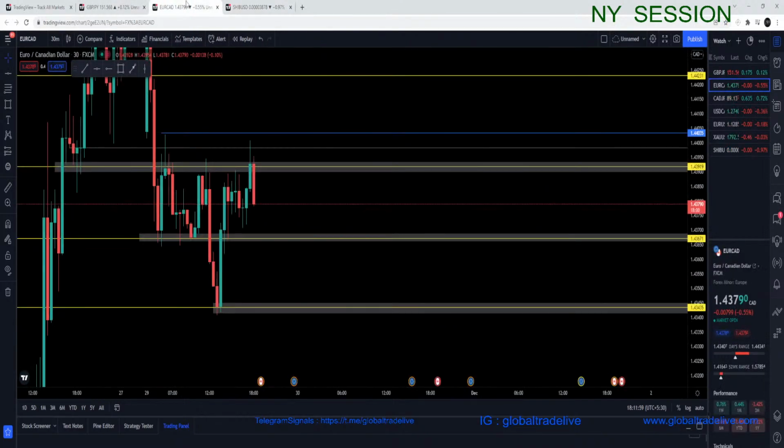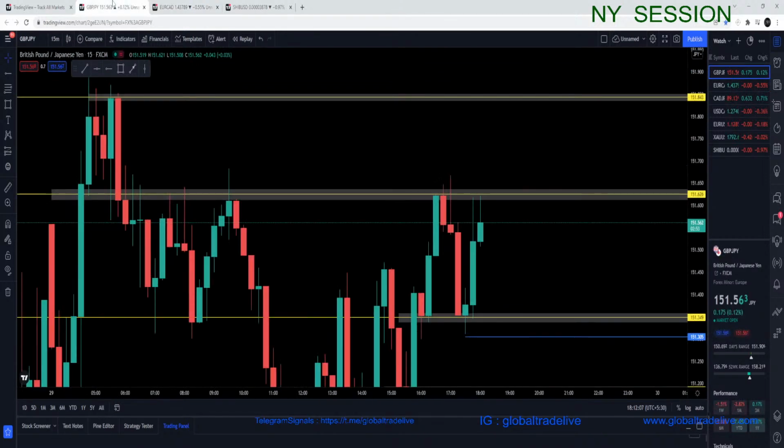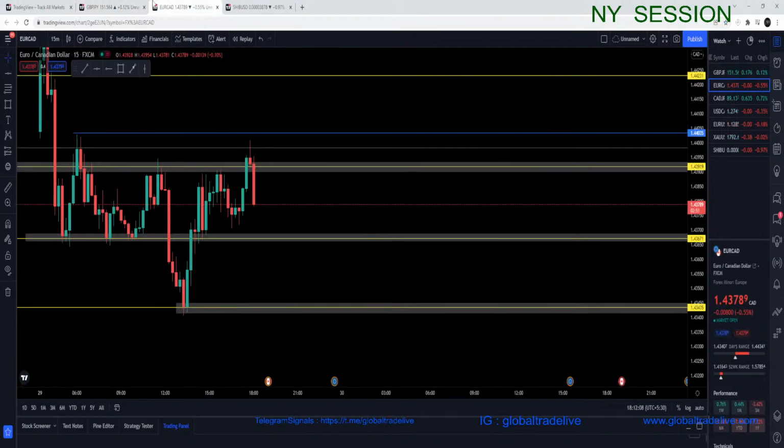GBP, this will be a pretty good trade over here in EuroCAD. So need to wait for a few minutes maybe. So that means we are planning